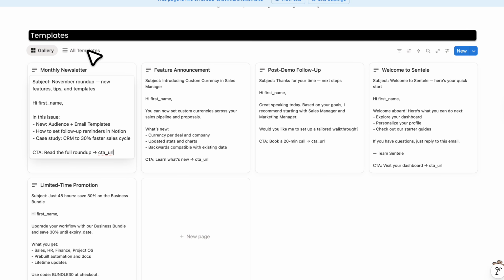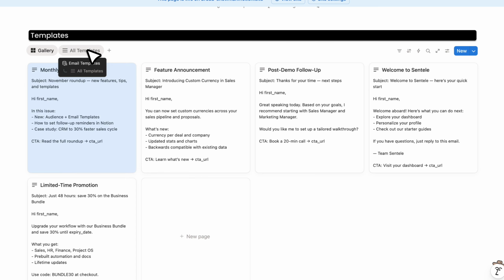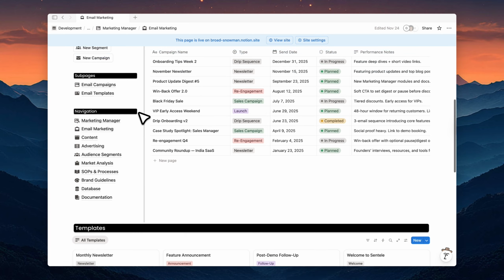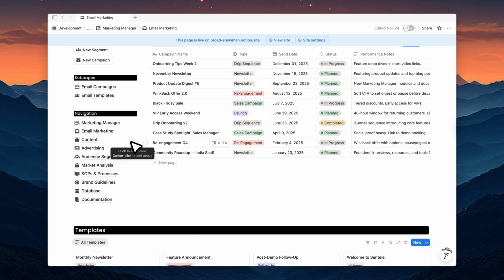You can also switch to the All Templates table view to see all the properties like category, CTA, status, date, and target audience. Below that is the full navigation menu, so you can quickly jump to any other section of